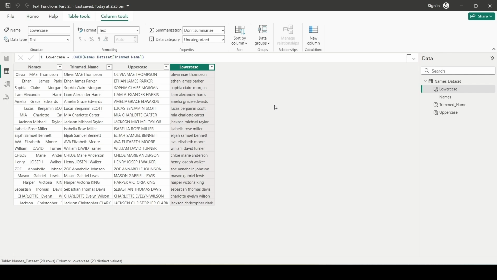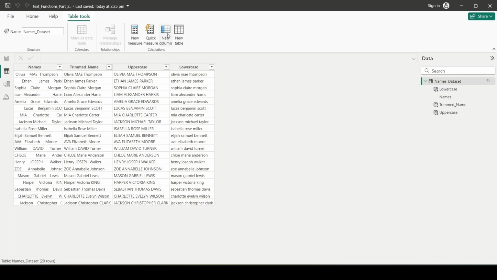The length function calculates the number of characters in a text string, including spaces. This function is helpful when you need to validate, format, or analyze string lengths. Let's now explore the parameters of the length function. To do so, click on the dataset, click on new column,